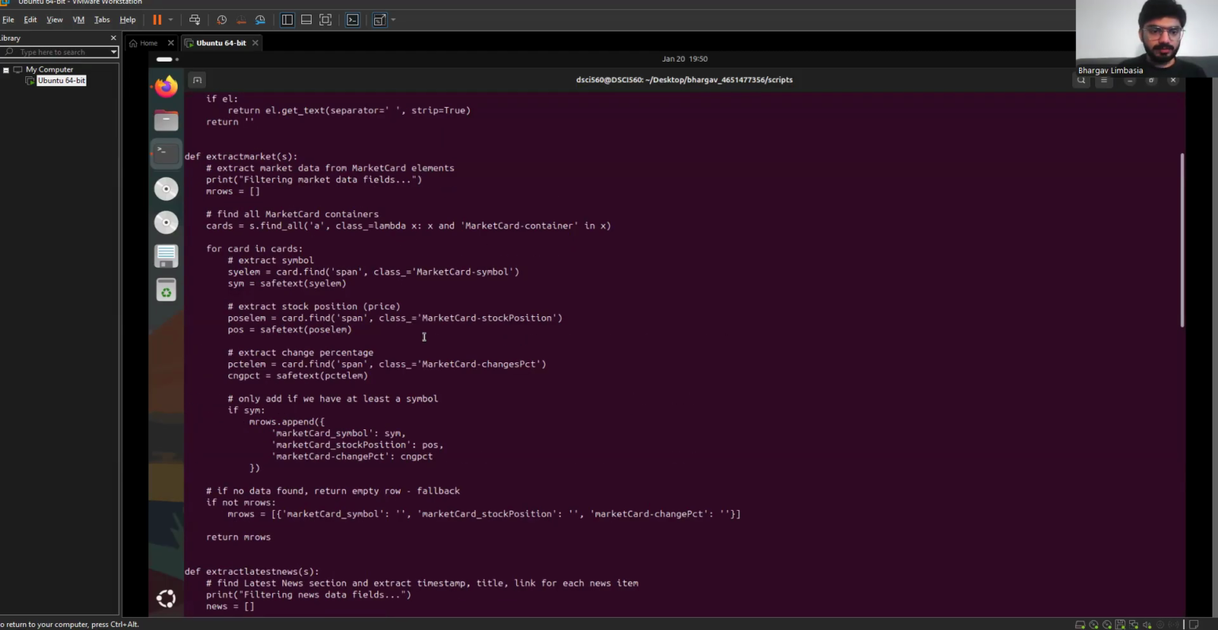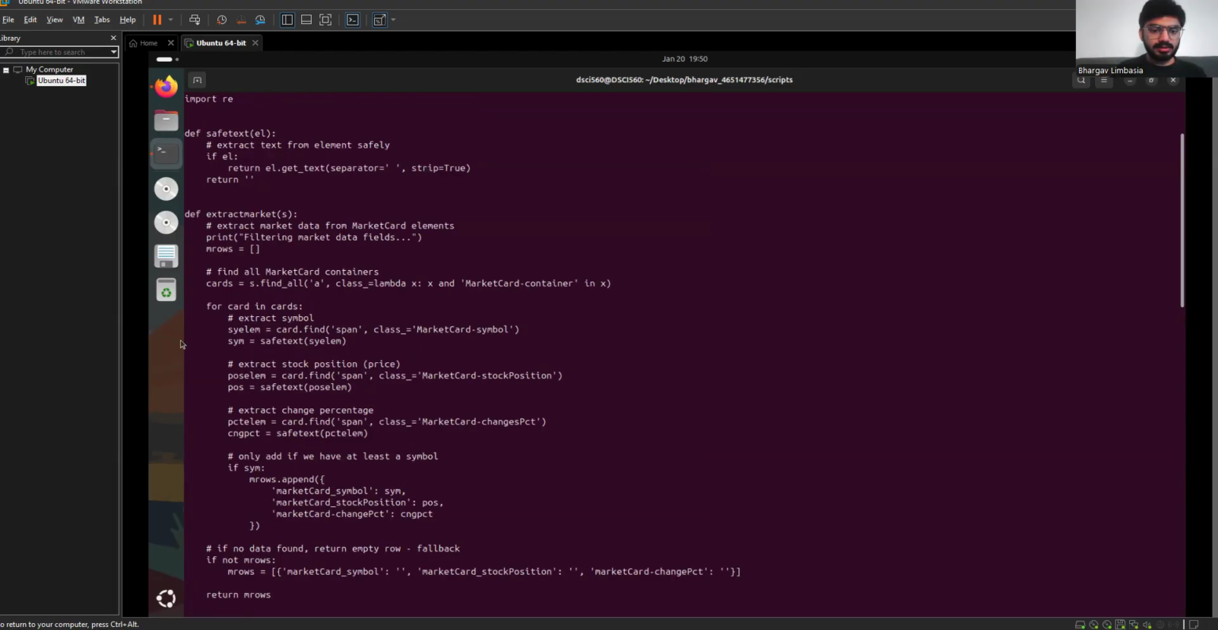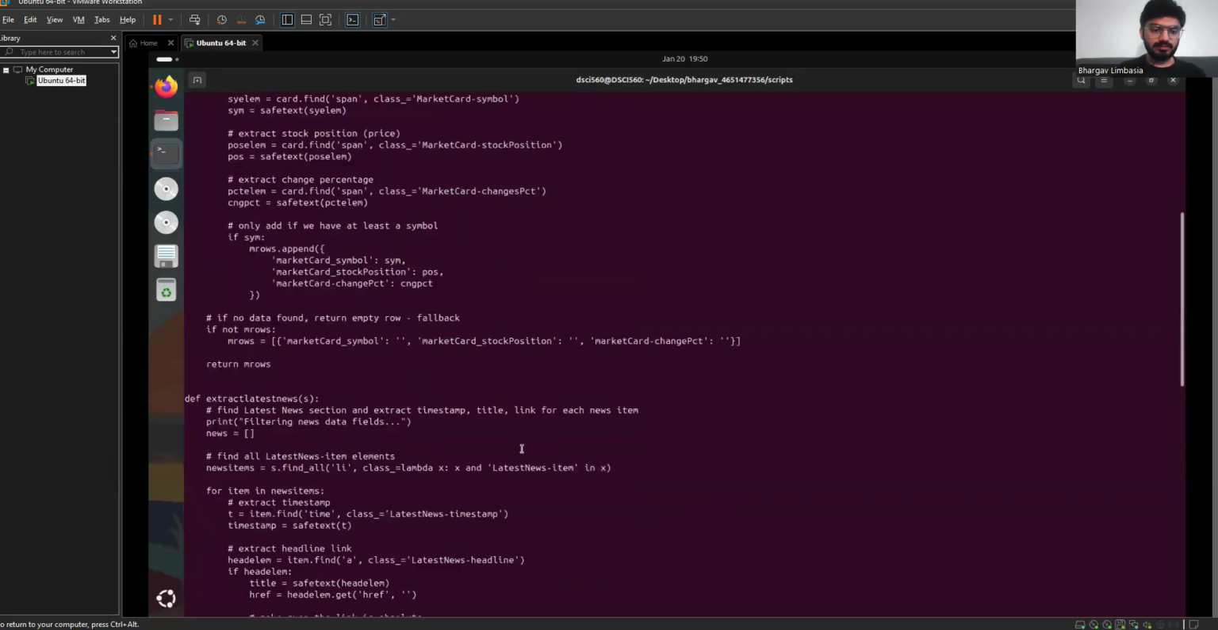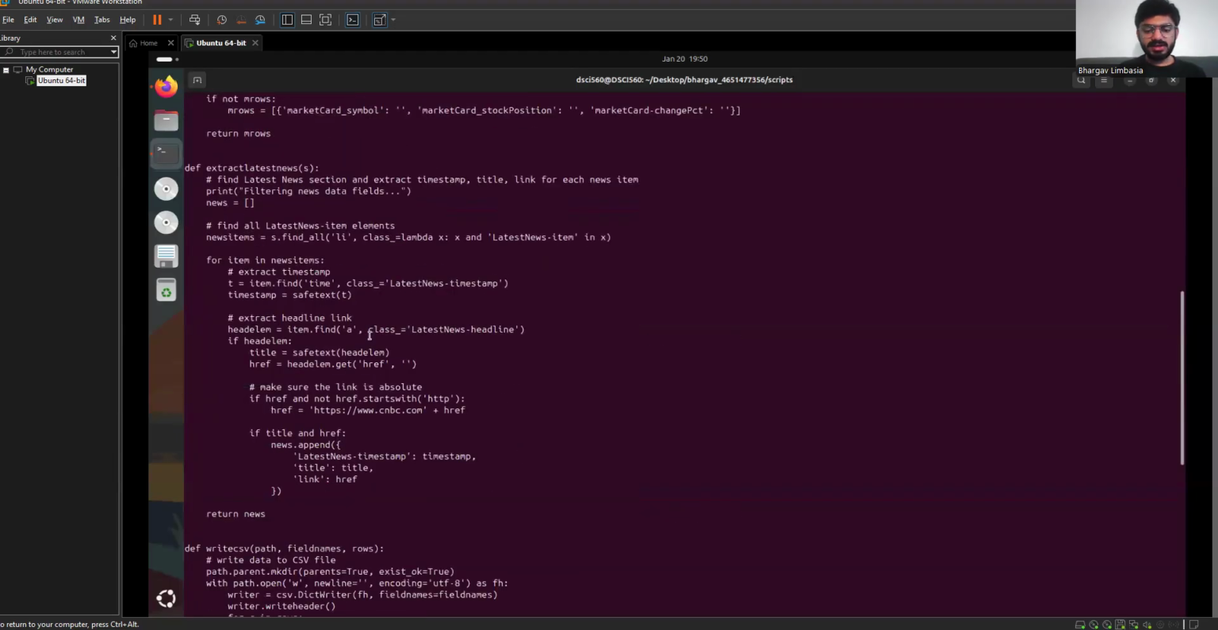And these are for the symbols, the stock price, and then the changes in terms of percentage. Same with the latest news. The extract latest news function uses Beautiful Soup as well to parse the HTML file, and then searches for latest-news-item elements in the HTML file. And what it extracts is timestamps, title, and link. Extracts these three